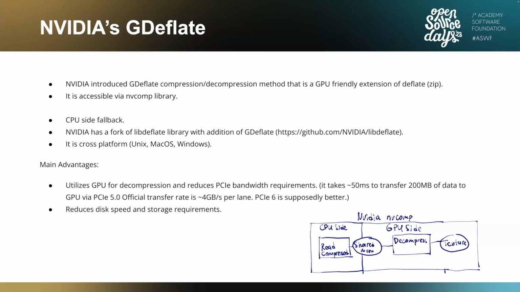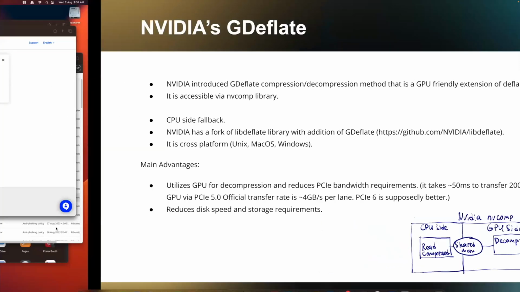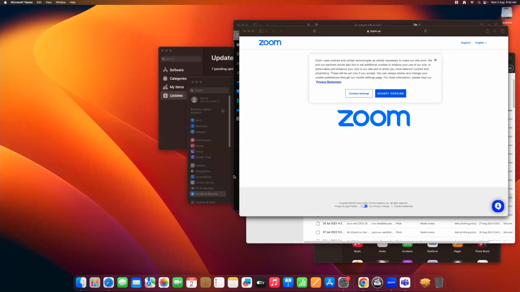So these are the main advantages of this. In the little diagram below, you can see the very high-level workflow. You read compressed data into shared memory, so system memory is still utilized, and then you copy the system memory into